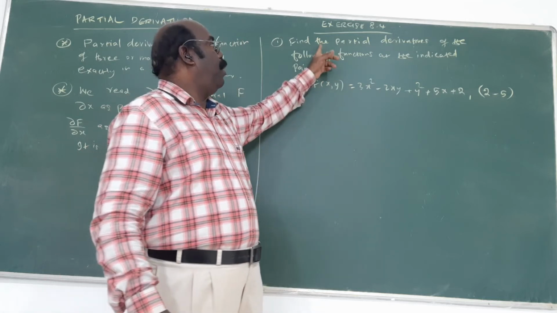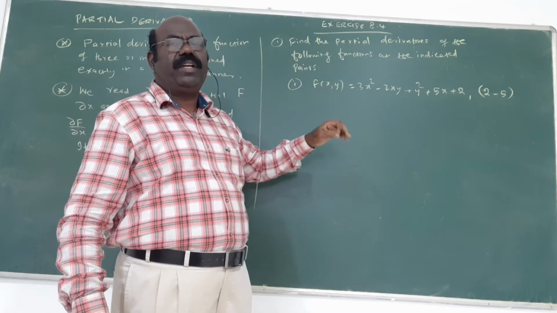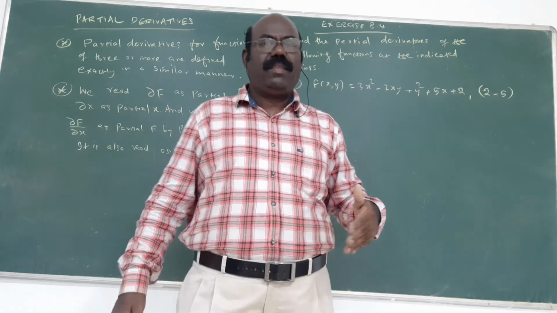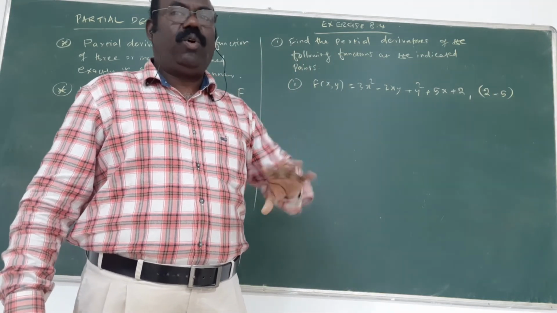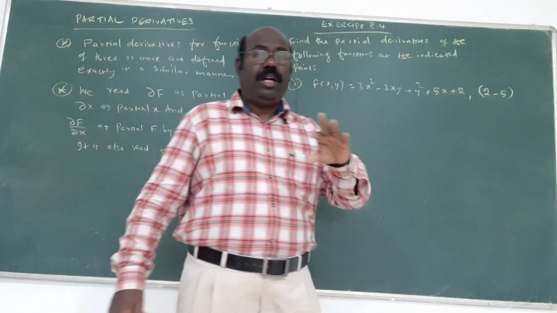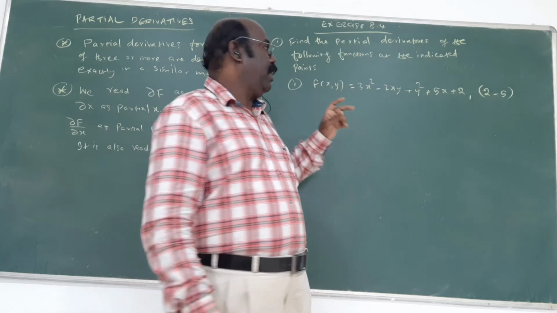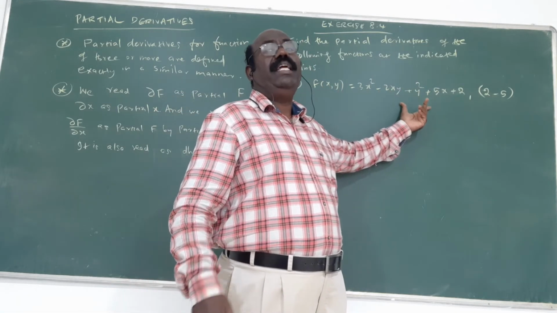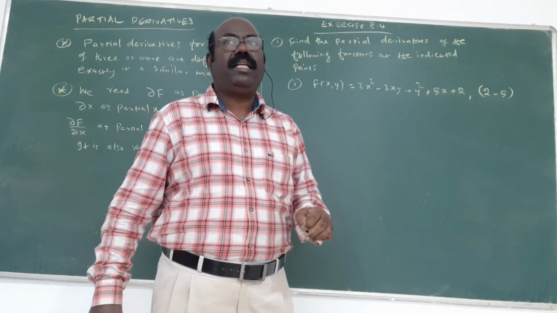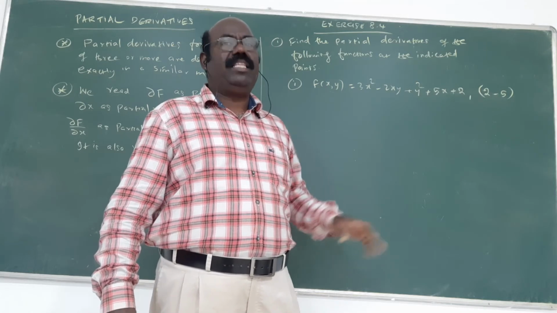The partial derivatives question is asking me to find del f by del x. That means partially differentiate with respect to x first, then substitute the values, x is 2, y is minus 5. Then partially differentiate with respect to y, del f by del y, and substitute. Suppose z is also involved, you will find del f by del x, del f by del y, del f by del z. Previously, f in terms of only x meant only df by dx. But with f in terms of x and y, partially differentiate with respect to x, then with respect to y. In this way you will find.